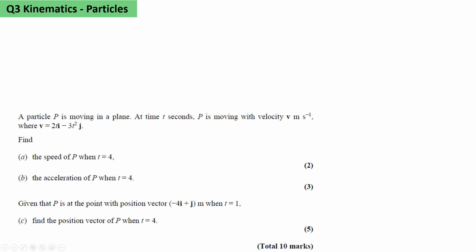Kinematics question 3. We're told a particle P is moving in a plane. At time t, P is moving with a velocity v, where v equals 2ti minus 3t squared j. Just recall our little map, which shows if we take displacement, differentiate,